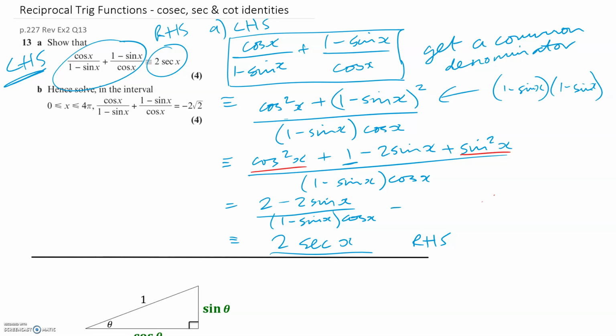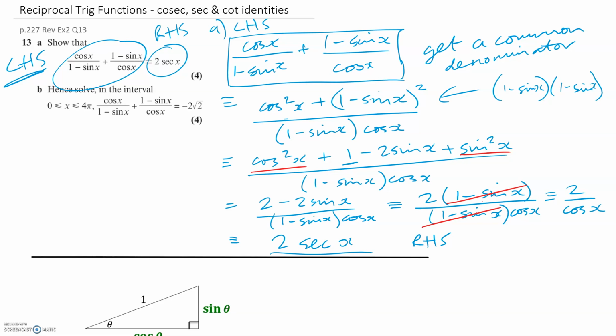Now, run out of space here, but you can factorize the numerator now to 2 times by 1 minus sine x, and this is the good bit in these kind of proofs, the bit where you realize that you know what to do now. You can tell you're going to get the answer, which is always a nice feeling, especially if you're in an exam, because those are going to cancel. That's going to leave you with 2 over cos x,